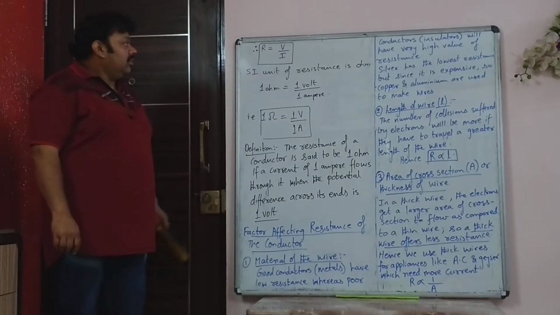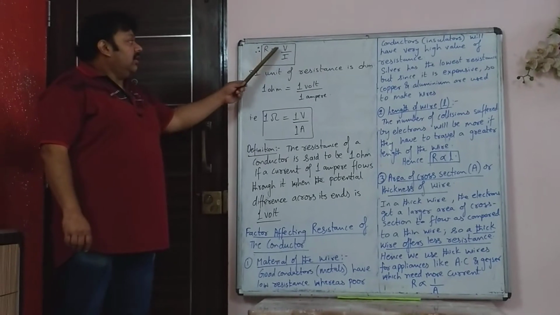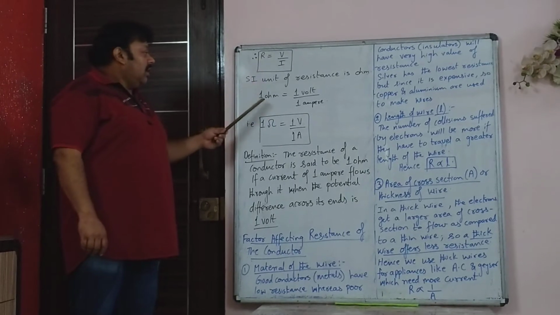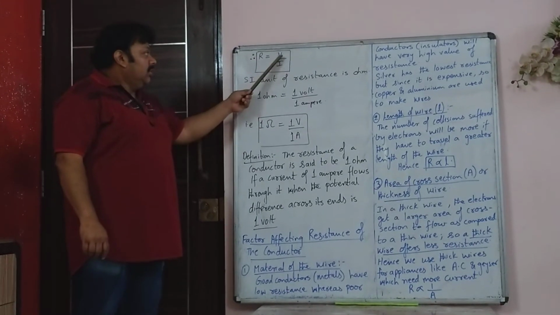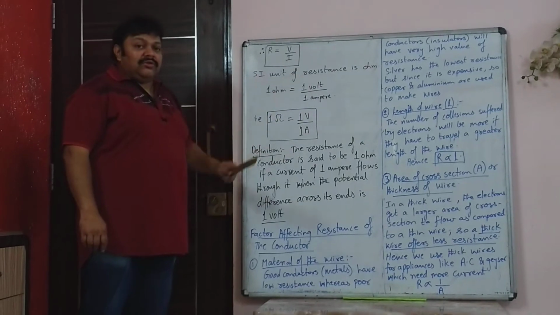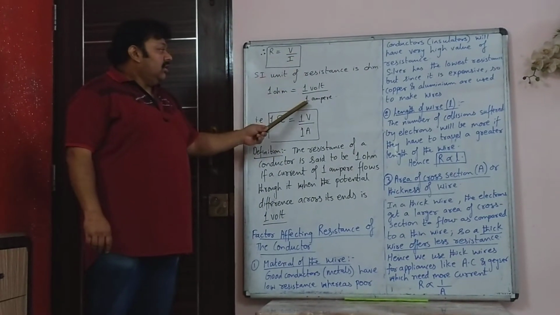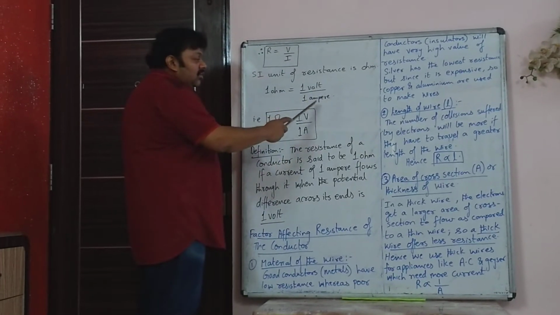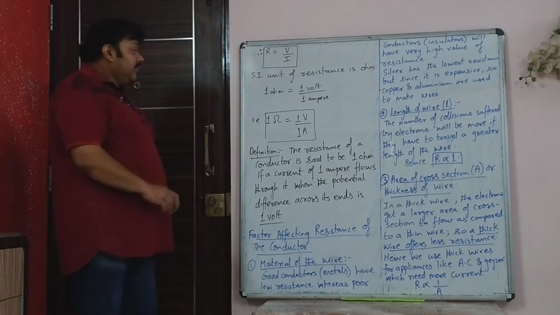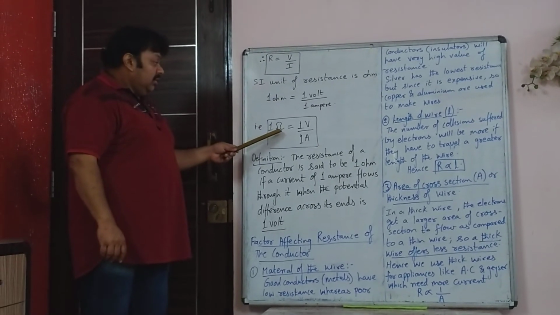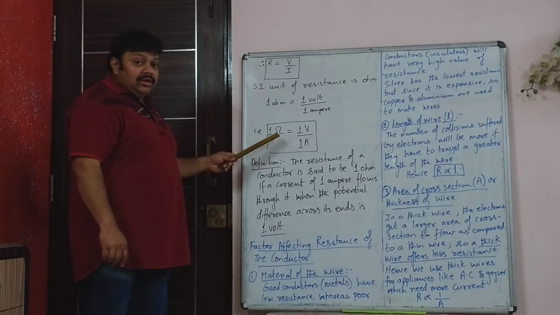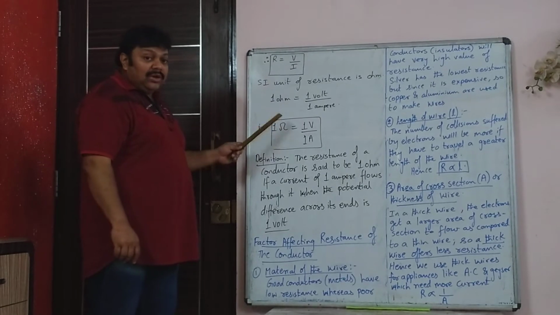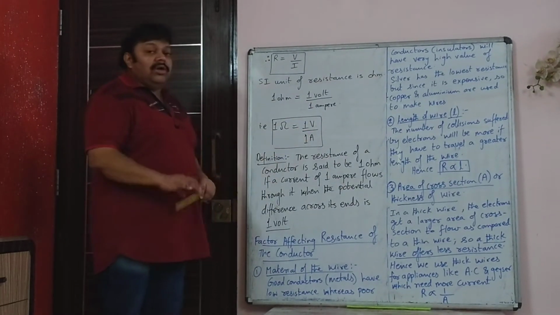So from Ohm's law, the equation you can write it as R is V upon I. The SI unit of resistance is ohm. So R is resistance, 1 ohm is, V is voltage, that is potential difference, 1 volt, upon I stands for current, so it is 1 ampere. 1 ohm is 1 volt upon 1 ampere. The symbol for ohm is omega, this is a Greek letter again. The symbol for ohm is this, like the shape of a horseshoe magnet.